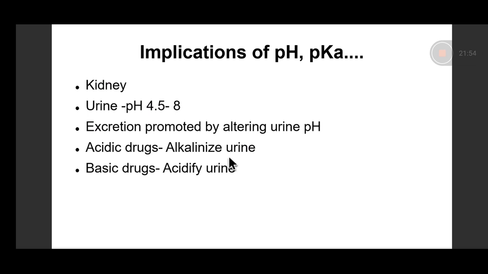Alkalinization is preferred. Acidification is not preferred. To cause excretion of basic drugs in the urine, we would have to acidify the urine. To acidify the urine, you would have to give agents that cause urine acidification. These can actually promote acidosis. They can cause cardiac problems. Because you have to give drugs to cause acidification of urine, the drug would have to be given systemically. It would cause systemic alterations also. Okay, and that acidosis can cause problems for the patient. It is not a preferred way of treating.